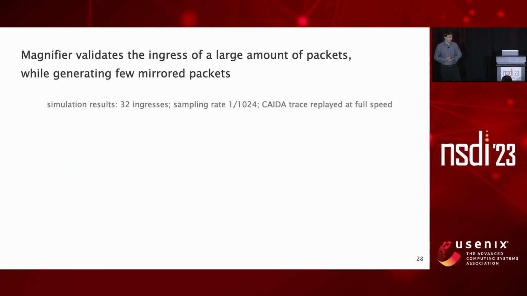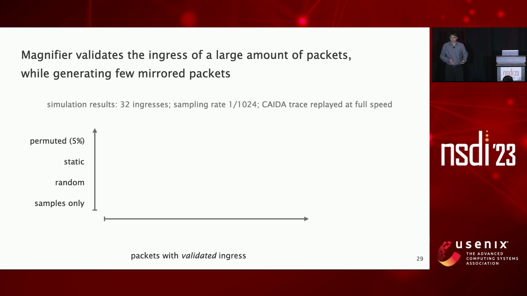So let's first look at some simulation results. Here we simulated 32 ingress routers and assumed a sampling rate of 1/1000. This plot shows the different assignment strategies, and on the x-axis, the amount of packets for which we had a validated ingress point with Magnifier. As comparison, if we would only look at the few sample packets we get, we obviously have very poor insight, which is not surprising. So looking at the more challenging random assignment, we can already cover around 15% of all